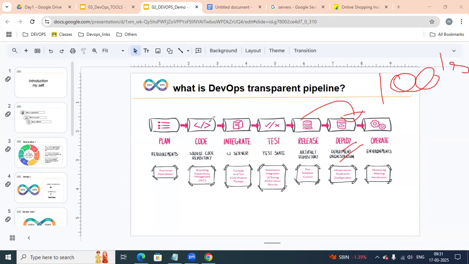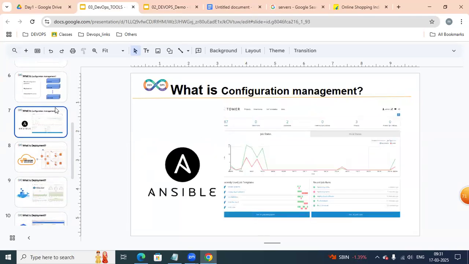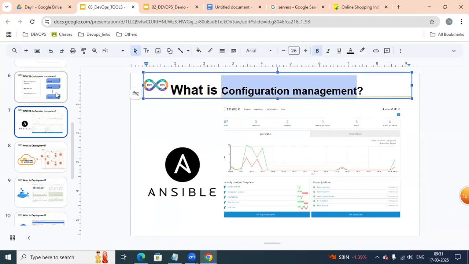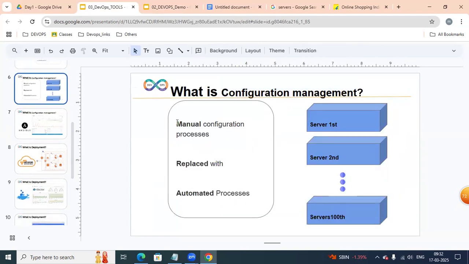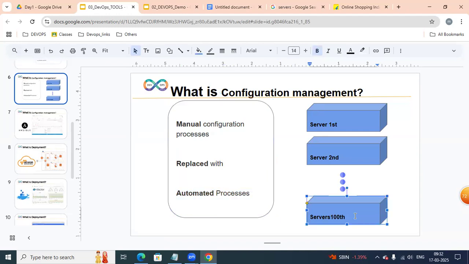We call that what? Deployment. How exactly can we automate deployment? With the help of configuration management. What is configuration management? Configuration management is nothing but replacing the manual configuration process with an automated process on hundreds of servers. We call that configuration management.